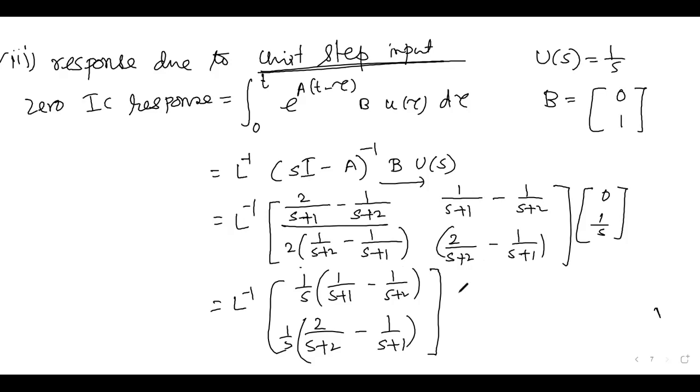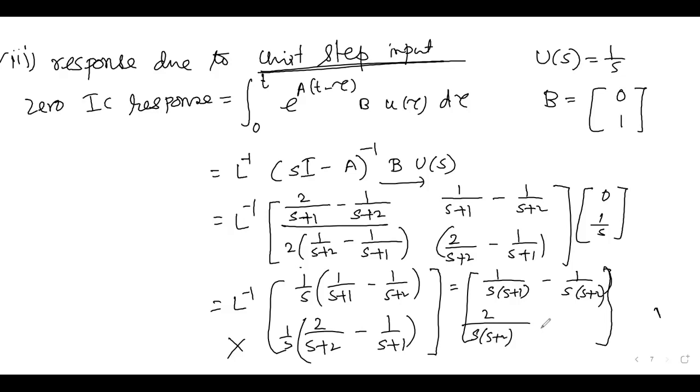So if you can simplify it, this is 1 by s into s plus 1 minus 1 by s plus s into s plus 2. এটা লিখে নেবে তোমরা, আমি এটা আগেই লিখতে পারতাম, আমি জাস্ট বোঝাবার জন্য। এই স্টেপটা করার দরকার নেই, no need to do this step. হ্যাঁ আমি এক্সট্রা লিখে ফেলেছি। 2 into s plus 2 minus 1 by s into s plus 1. Okay,